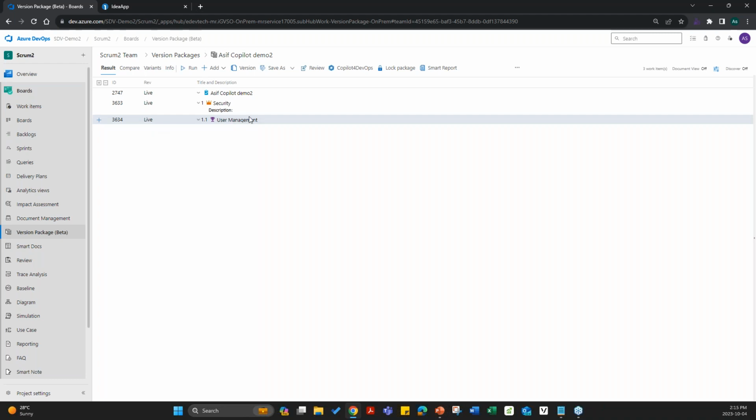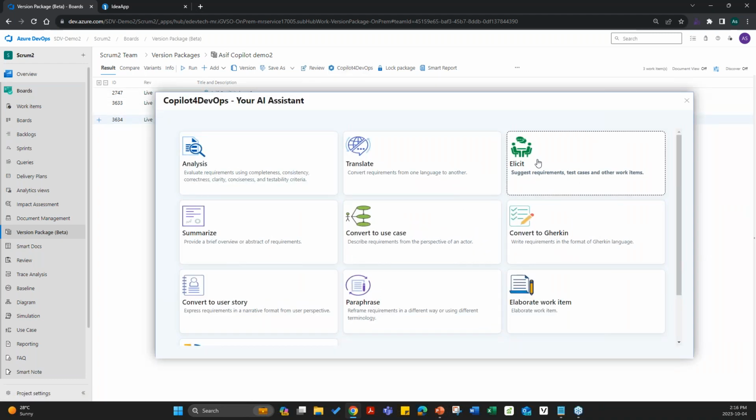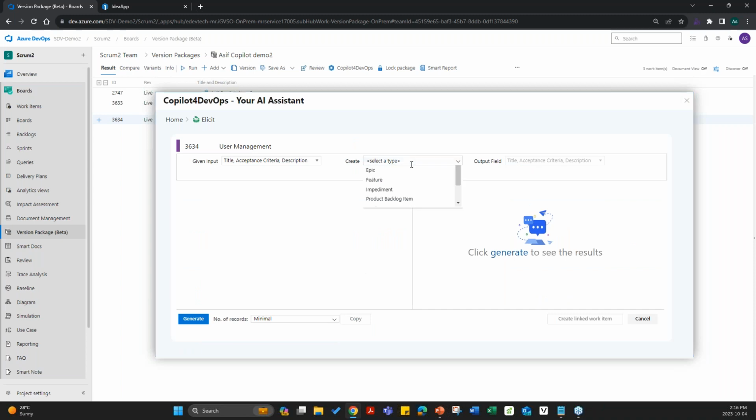So what would you do in user management? You might come up with add user, edit user, delete user, give rights, and so on. But it would take time and you may miss certain things. So what you may do is simply call Copilot, choose elicit,